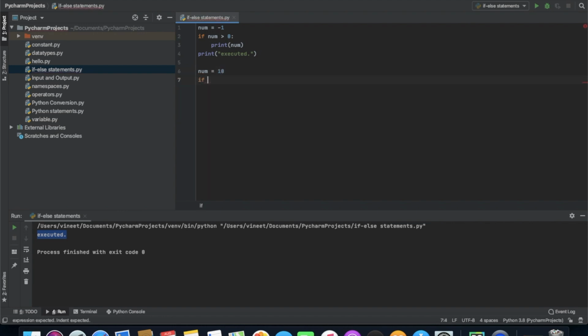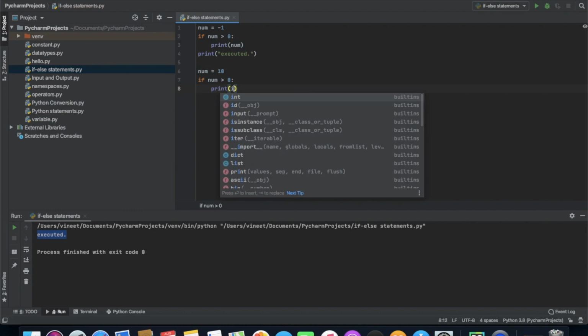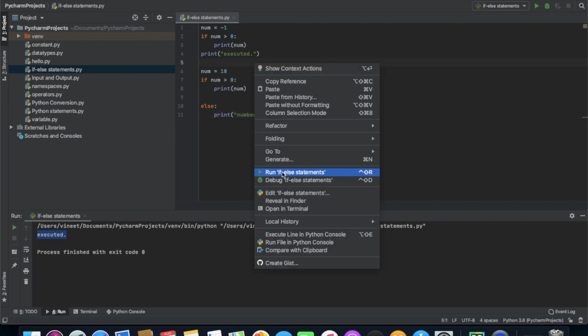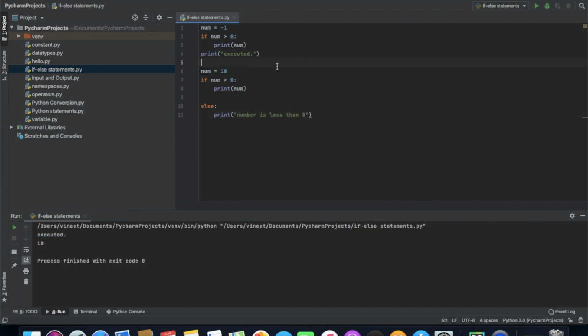If num is greater than 0, then print num, else print number is less than 0. So let's execute this. First comment this out, we don't need this for now.